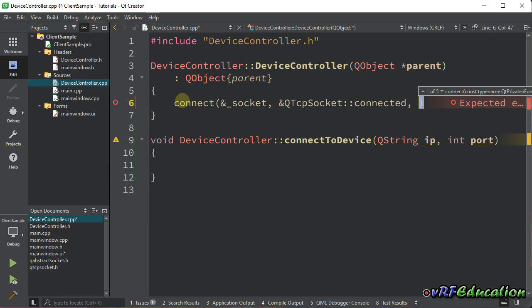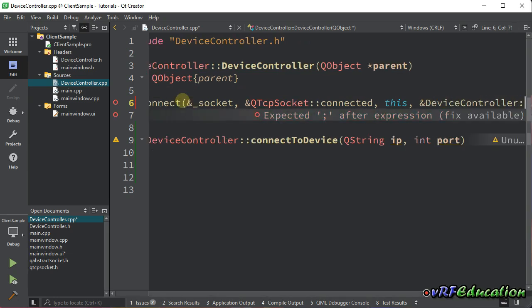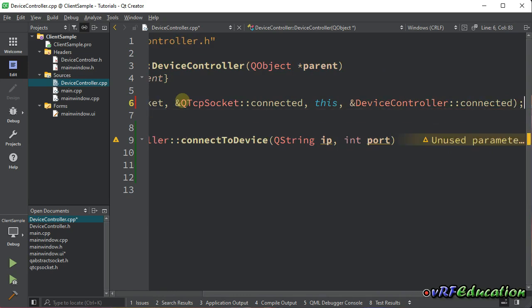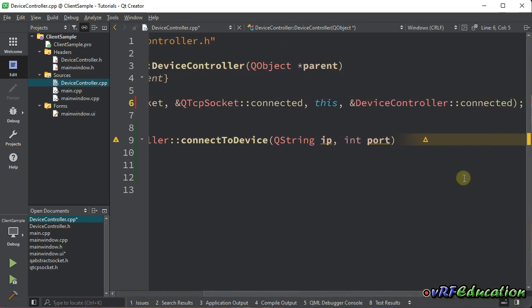I'm just connecting two signals to each other. It's possible in Qt. To this class, &DeviceController::connected. So if the connected signal from the socket is emitted, I'm going to emit the connected signal in the device controller